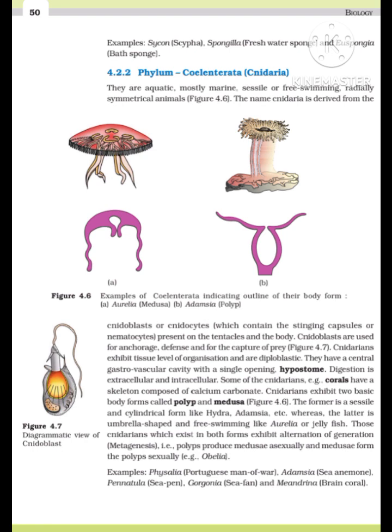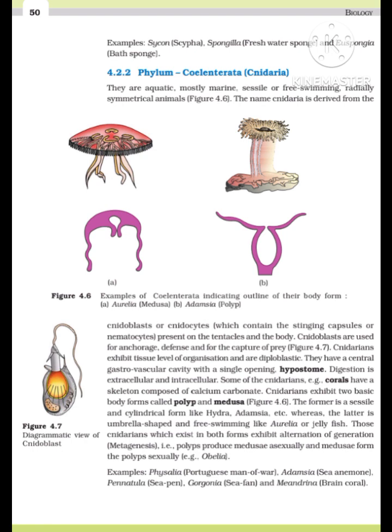Cnidarians exhibit tissue level of organization and are diploblastic. They have a central gastrovascular cavity with a single opening, mouth, on hypostome. Digestion is extracellular and intracellular. Some of the cnidarians, for example corals, have a skeleton composed of calcium carbonate. Cnidarians exhibit two basic body forms called polyp and medusa, Figure 4.6. The former is a sessile and cylindrical form like Hydra, Adamsia, etc., whereas the latter is umbrella-shaped and free-swimming like